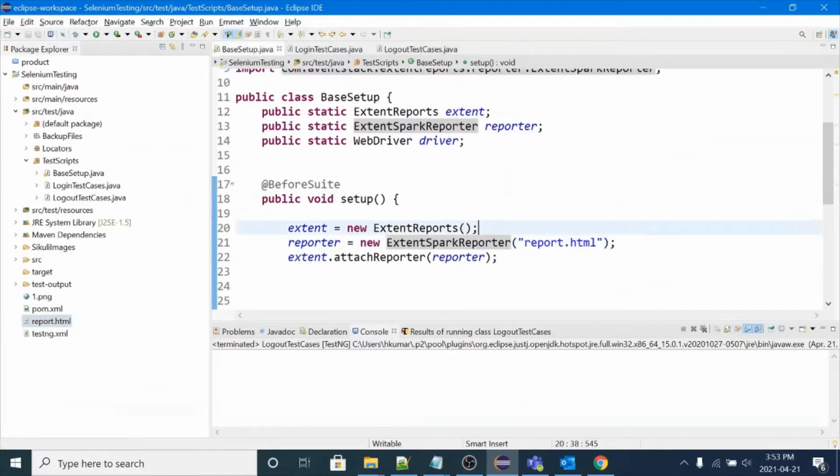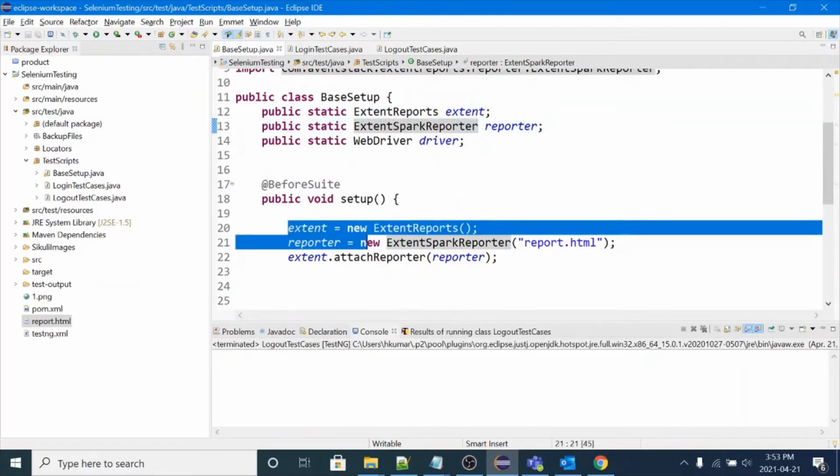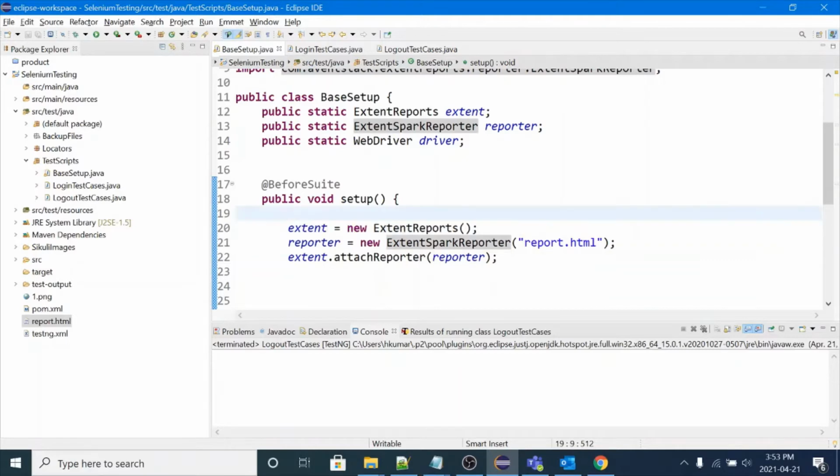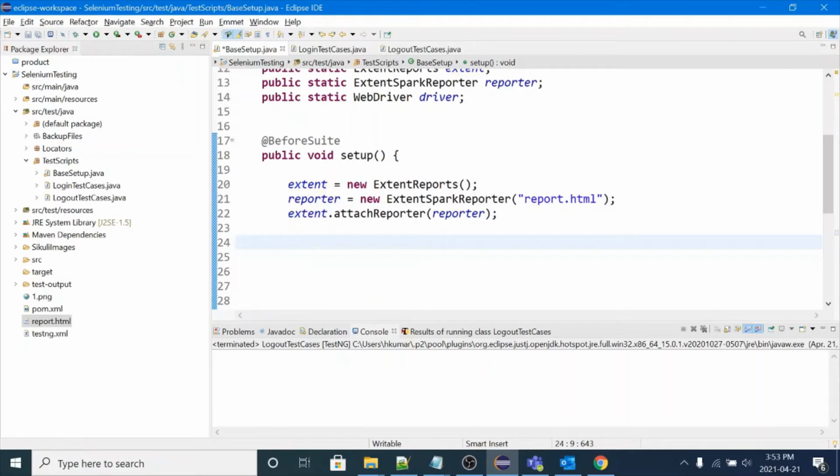If you guys remember, in the last session we have created this extent report object. So we need two things, extent reports and extent spark reporter. So we have covered these things in last videos. If you are directly jumping into this video, please visit my previous videos. I will just put the link in the description box. Okay, so we are done till this step, how to attach a reporter to your extent object. Now let me show you how to add system information to your extent report.